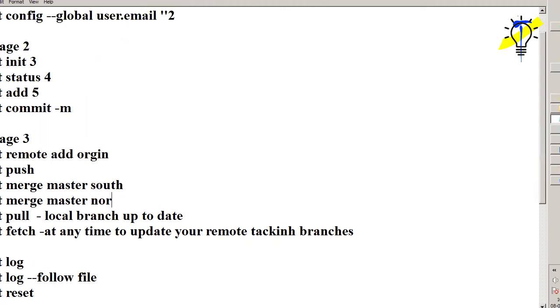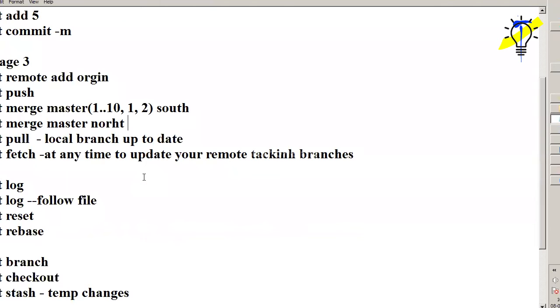So in this situation, what happened? Under the south example, 2 files are there. These 2 files are moved to the master. Already the master has 10 files, so along with this, 1 and 2 will be included. So like that you have to do. That means all the files will be in the master. If you have pulled that, it is easy to extract. Yes, sir, I got it.